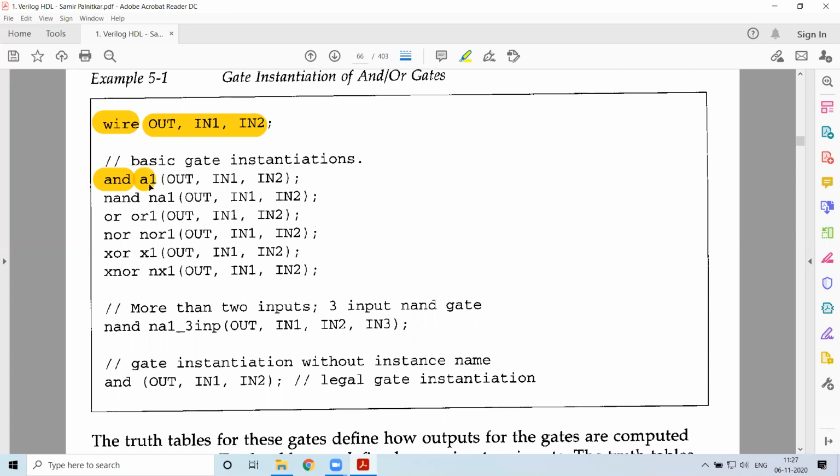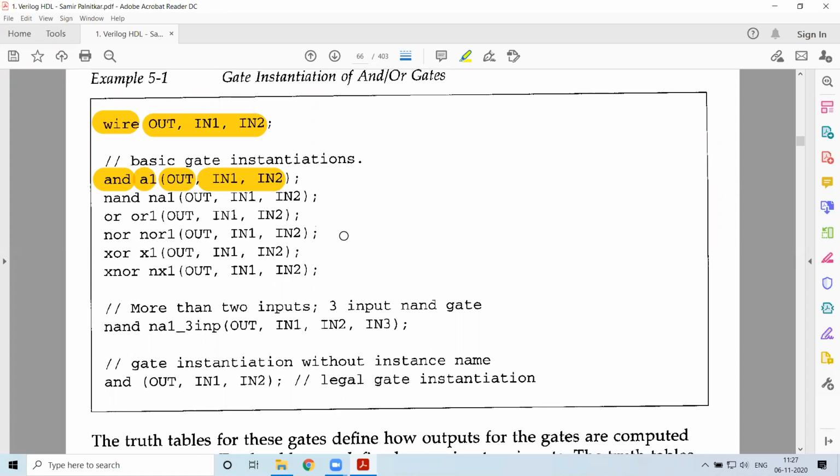We have A1, which is the name given to the module. So A1 is nothing but the instance of this AND gate. The first one is always the output, and the rest are all related to the inputs. So this is the case when we have a single output and multiple inputs.